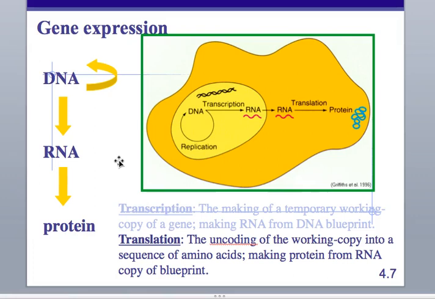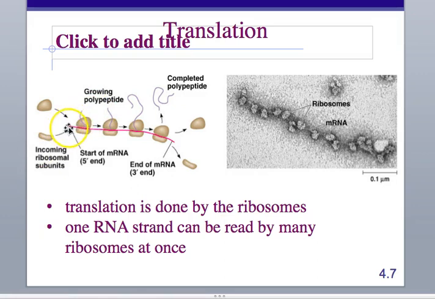So once transcription has happened and you have that RNA out in the cell, so it leaves the nucleus and it's now in the cytoplasm, you can start translating it. This is where you unlock the code of the RNA and turn it into working amino acid sequences, which can then become proteins and carry out your genes. RNA is going to slide into a ribosome like we talked about last time, and as it's sliding through the ribosome, translation is happening.